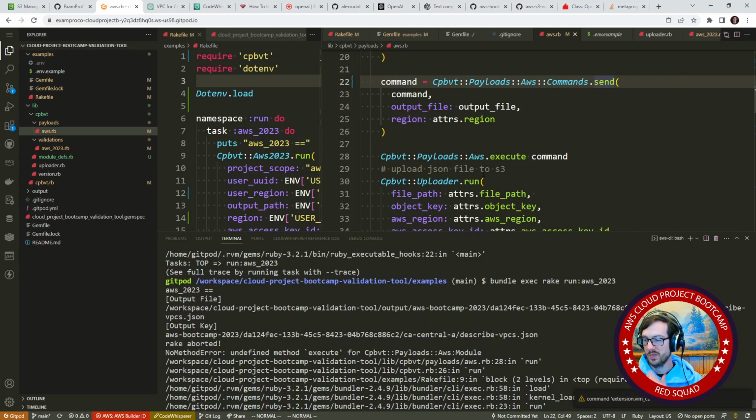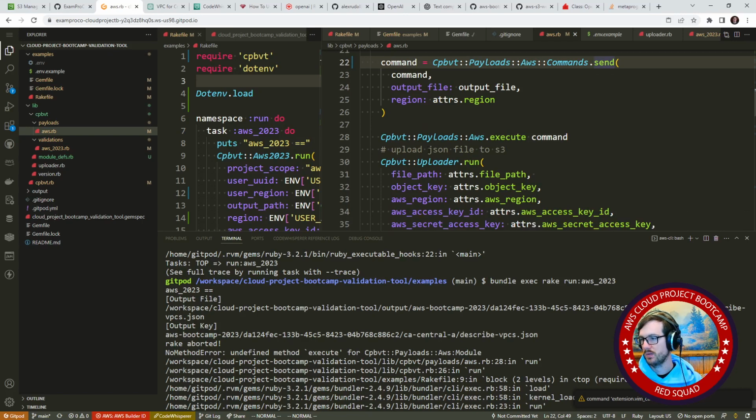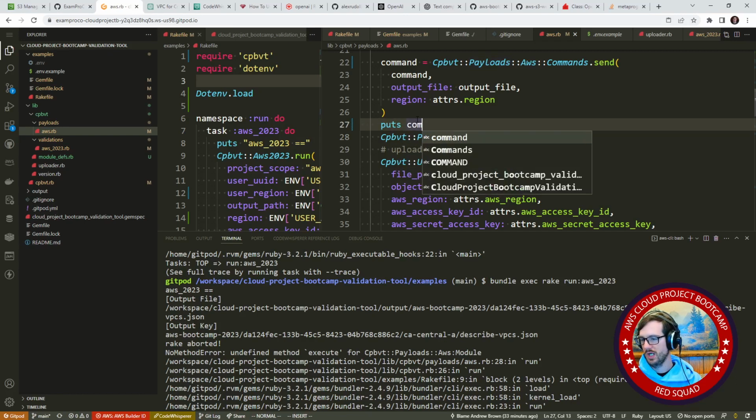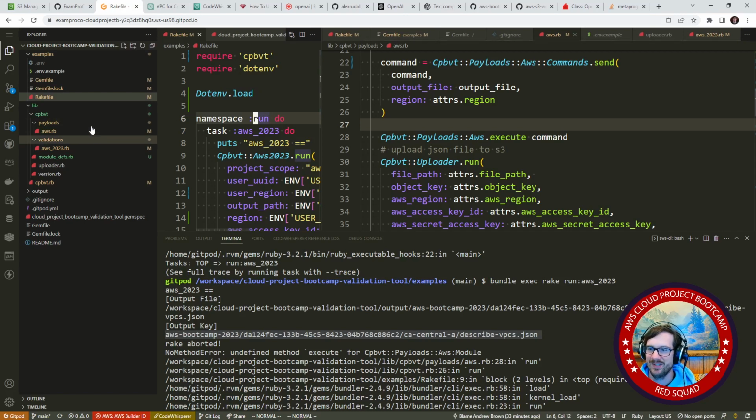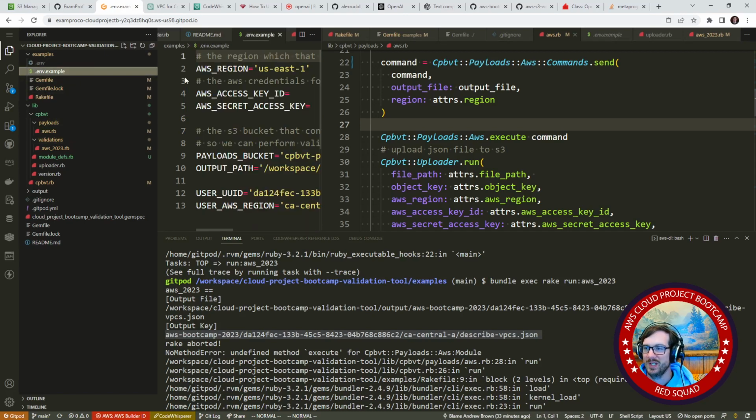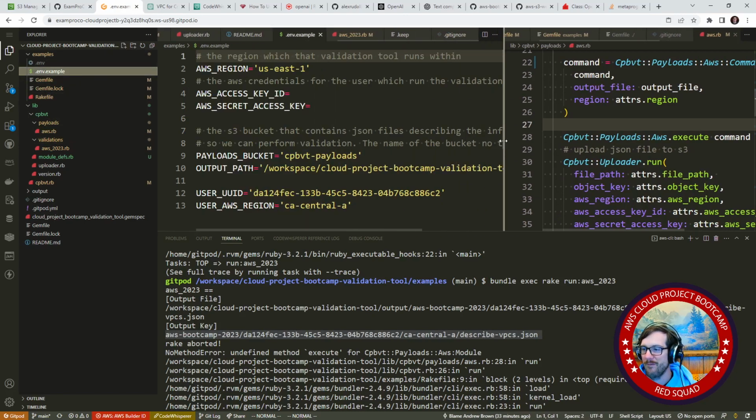Okay, so getting closer. This one says undefined method execute for line 28. Here. So I'm just curious, did this command actually happen? Oh yeah, it did. There we go. So yeah, there's our output command. That's kind of cool, and it just took the parameters, no problem. CA Central A. I don't think that's a valid region there, buddy. I know it's my fault, but